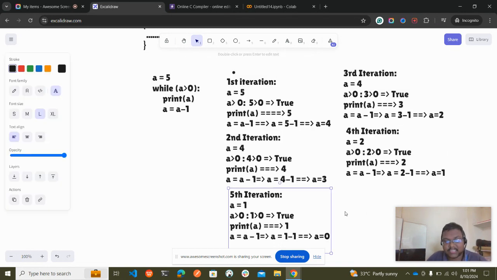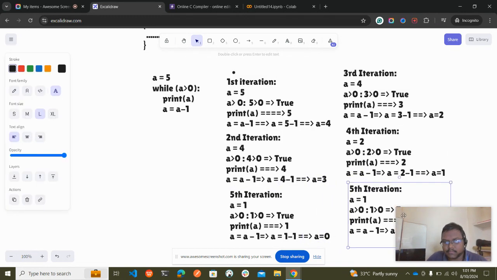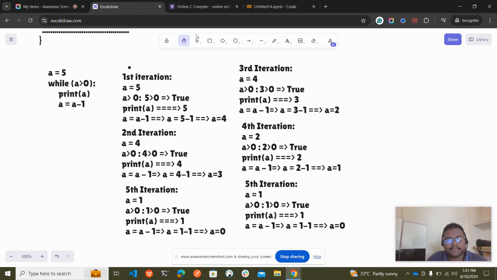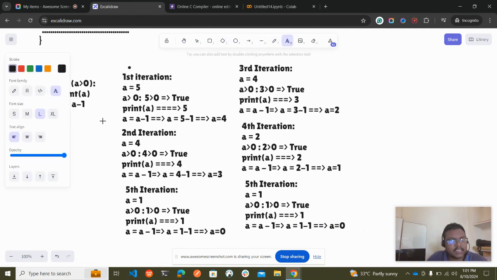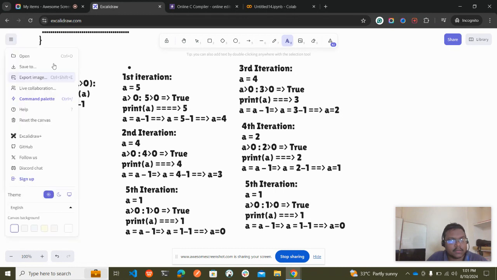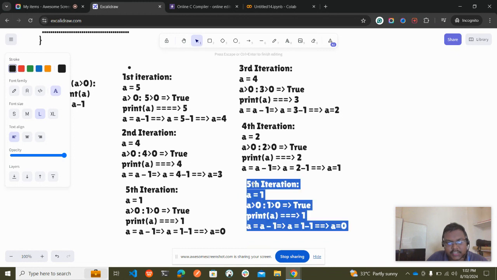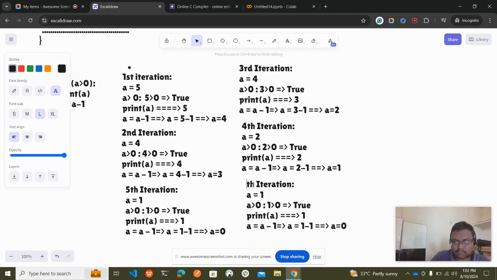Okay, in the sixth iteration, a is now 0, a greater than 0, which means 0 greater than 0, which is false.